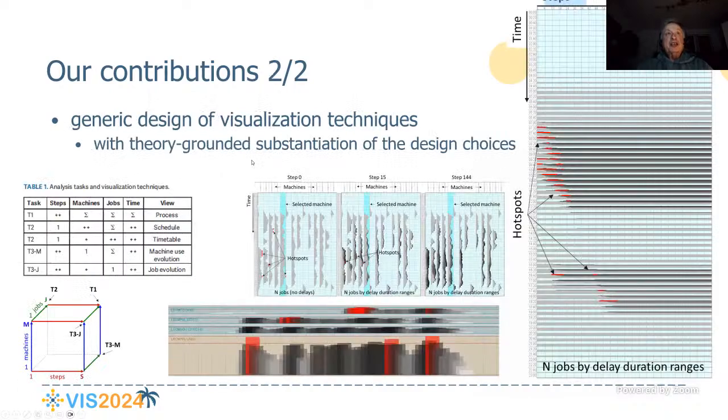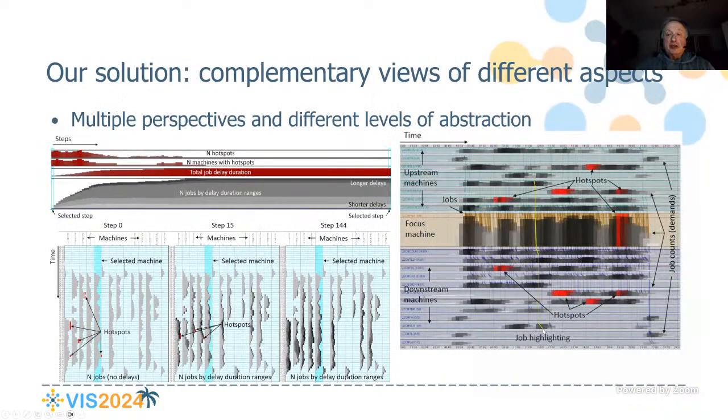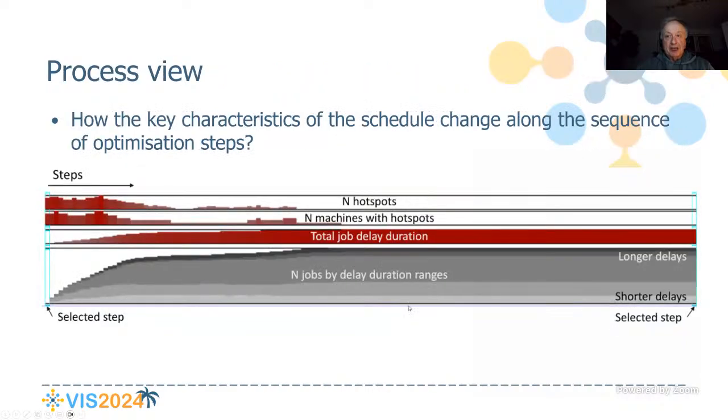The system of exploratory tasks allowed us to design and develop the necessary visualizations, varying information content and level of detail of different aspects of the data presented in different displays. Our solution offers to look at different aspects and relationships between them from multiple complementary views at different levels of abstraction. In the next slides, I will present these complementary views in more detail.